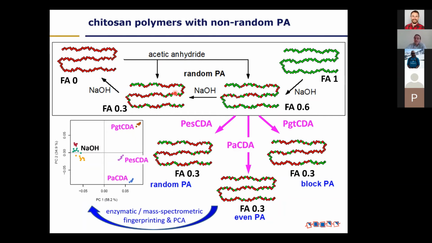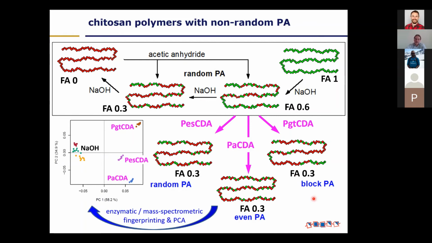PCA analysis. And then we can very clearly see that the chemically produced chitosans, which have a random pattern of acetylation, are clearly different from the enzymatically produced ones, which apparently have a different pattern of acetylation. And they also differ between the three enzymes. So depending on which enzyme we use, we get different patterns of acetylation. And we now know that the PES CDA, for instance, gives a more random pattern. The Protospora CDA gives a rather even distribution of the acetyl groups, whereas the Rust enzyme gives a more blockwise distribution